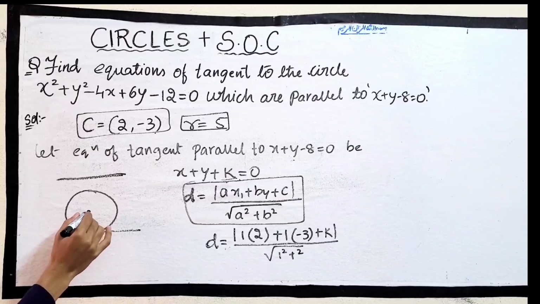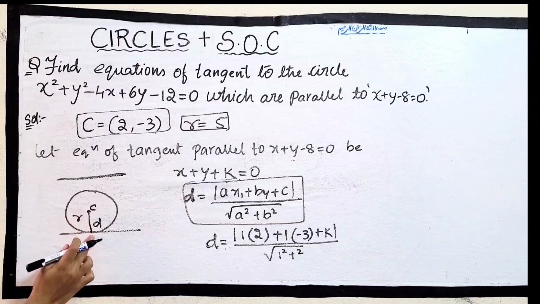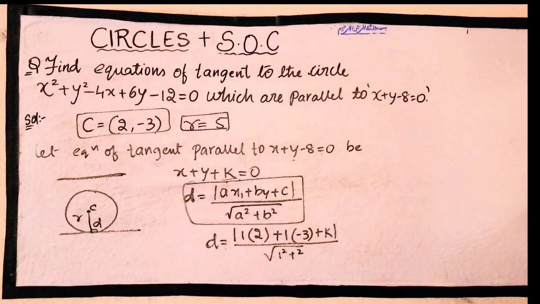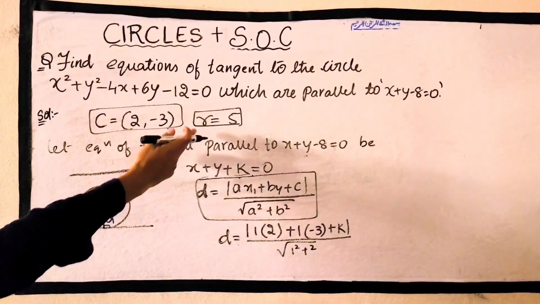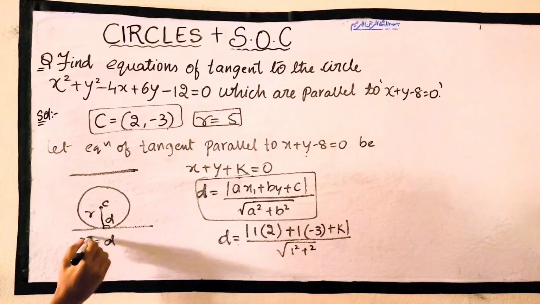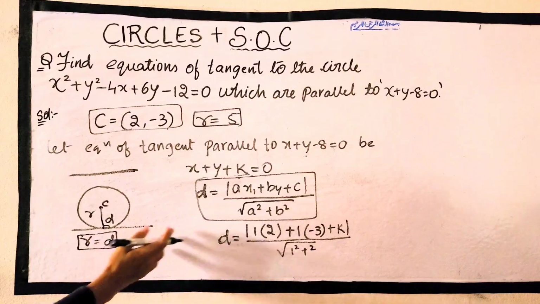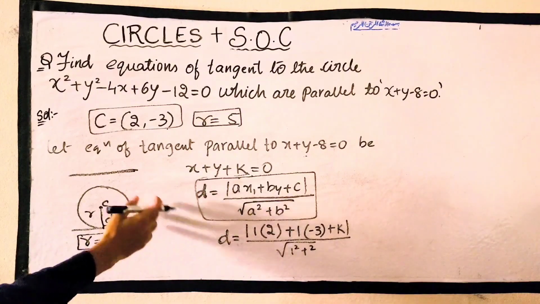Now here you can see that if it is a tangent and it is touching the circle, the distance from the center to the line will be the perpendicular distance, and r will be the radius here. Now as we have got r already, which is the radius, we have to find only d. Here r is equal to d. Radius and the perpendicular distance will be the same. So with this concept, as we have already seen how to find the perpendicular distance in the previous one,